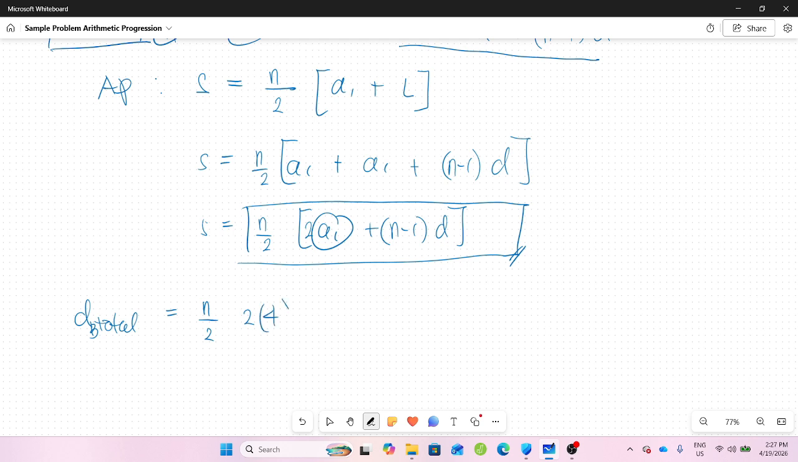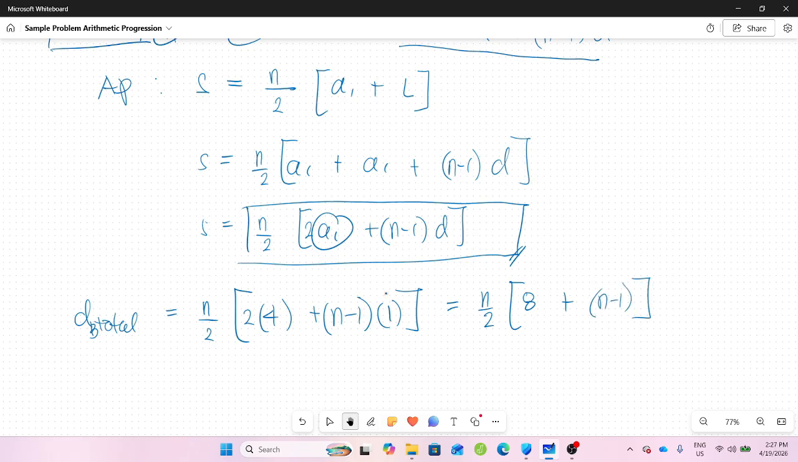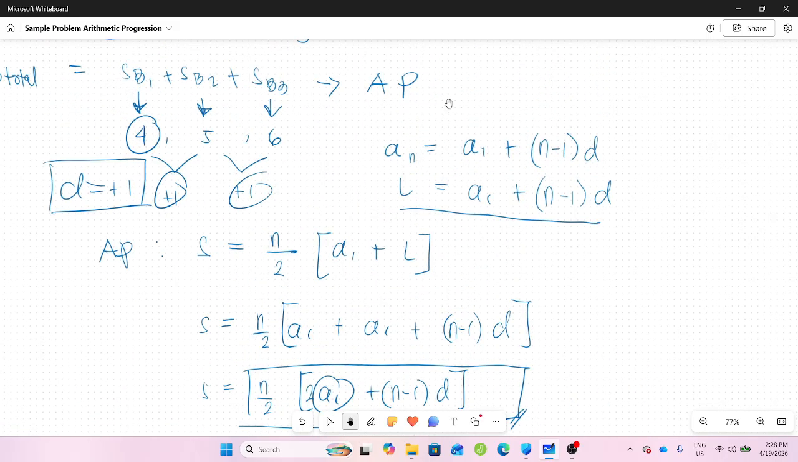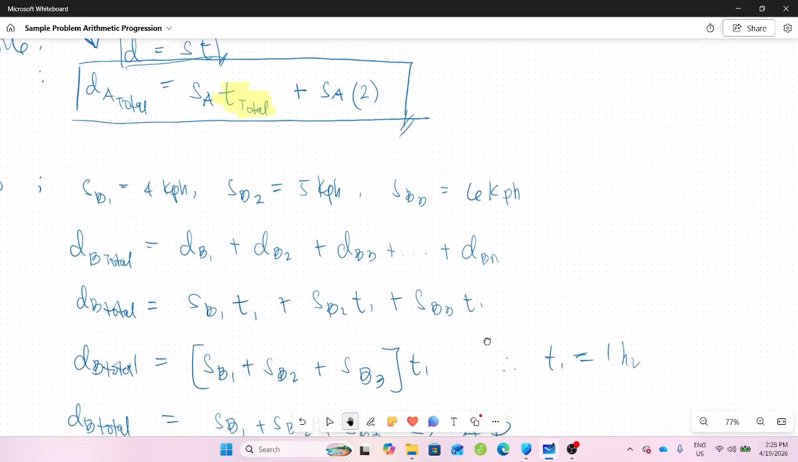We have here 4. The number of terms we don't know yet. The common difference is just 1. So we have n over 2 times 8 plus n minus 1, like this. And this will be our equation in solving for the total distance traveled by car B. So let me write everything. So our first equation for car A,